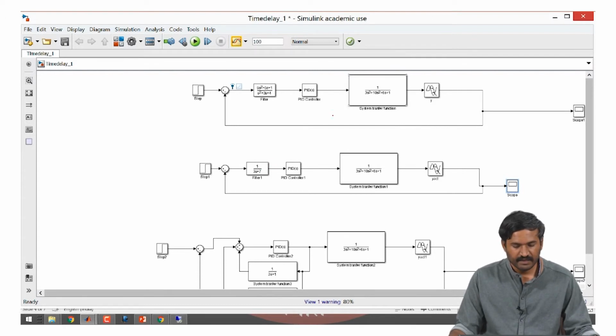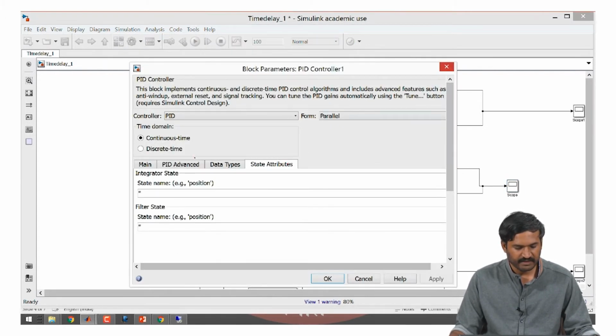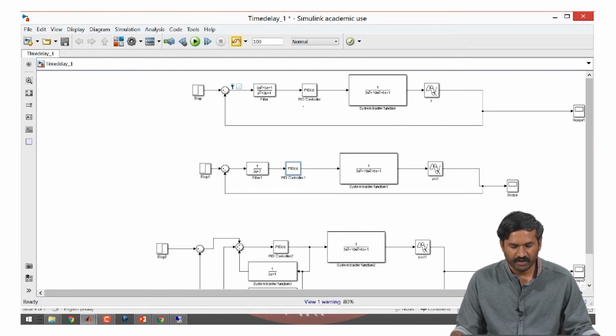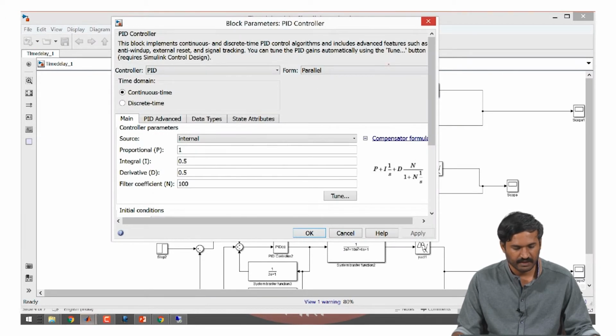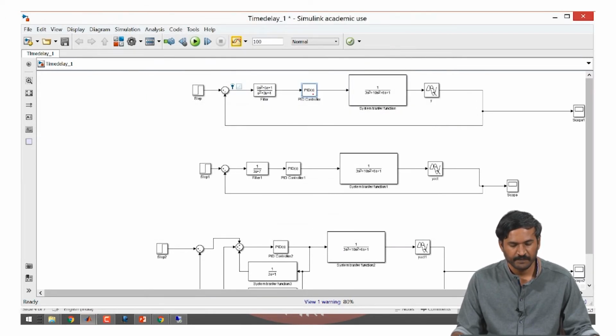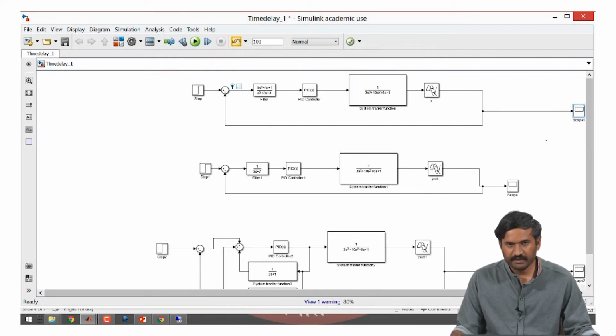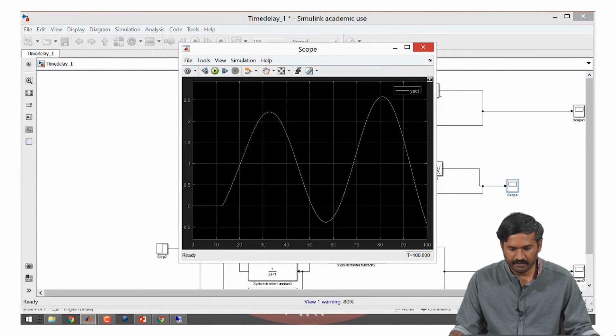The other thing is, the PID controller which we have designed here is still not the optimal PID controller. If we were to use a different PID controller with a different desired closed loop transfer function, we can actually improve the performance. That we can see from this simulation. So here you can see the process reaches the set point faster than this.